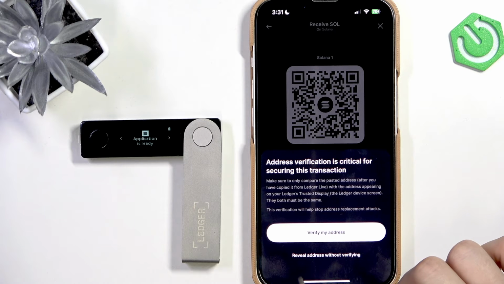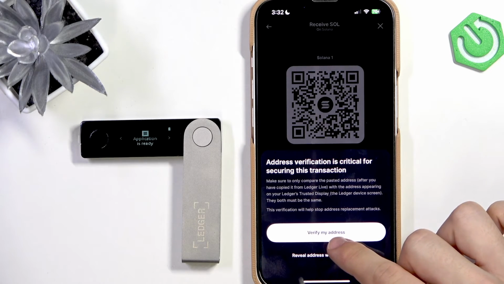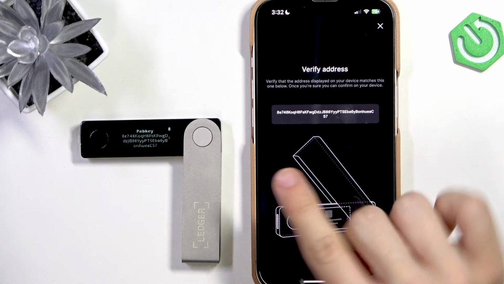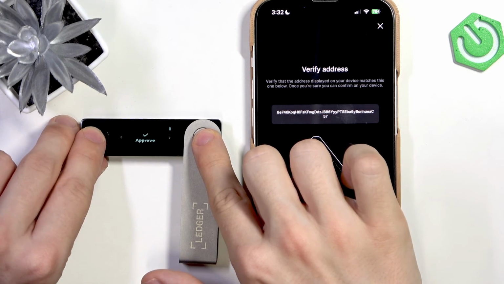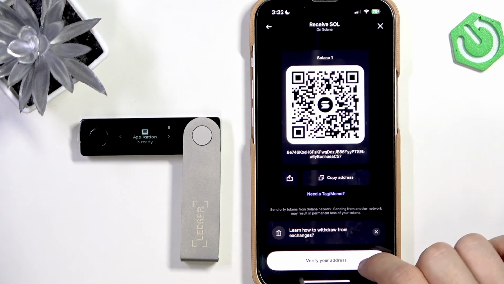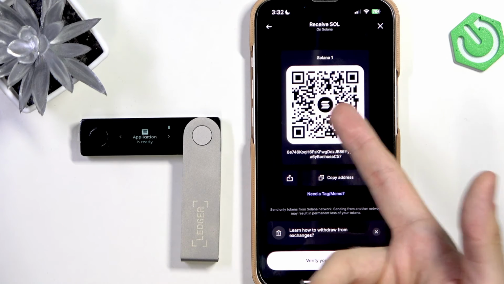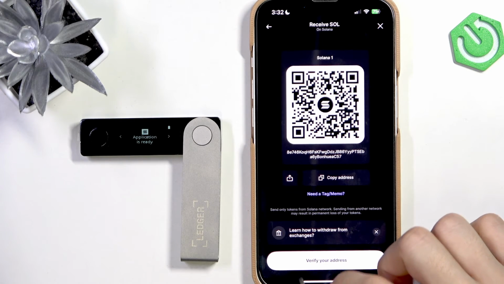It asks me for verifying my address. Let's click on verify, whatever it means. I'll verify if it's the same one on both devices, and yes it is. I'll need to go to the site, then click on approve. And now I'll need to copy my address or give the person that I want to receive money from the QR code. Although I will be doing that from my own Coinbase app, so I'm just copying the address